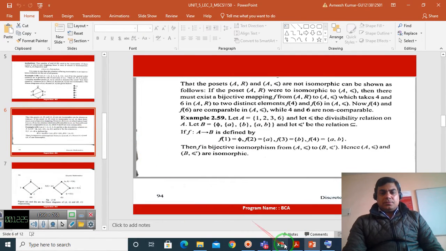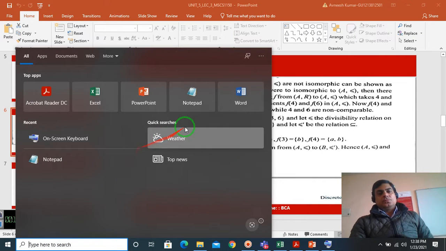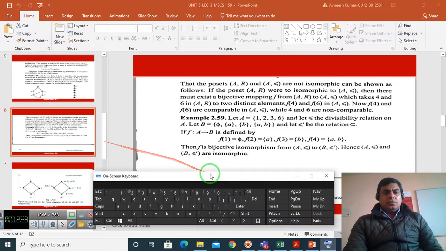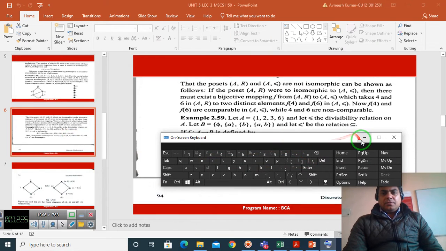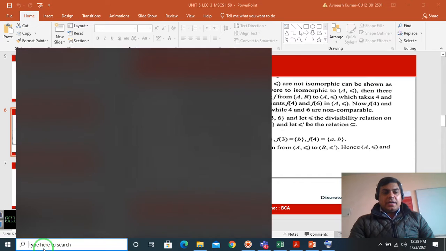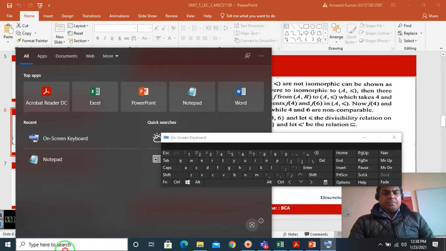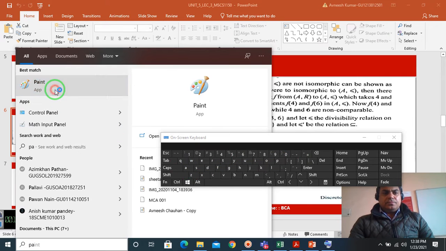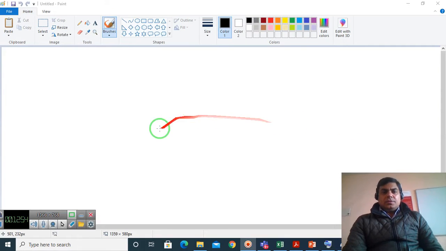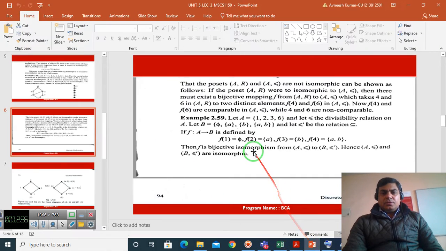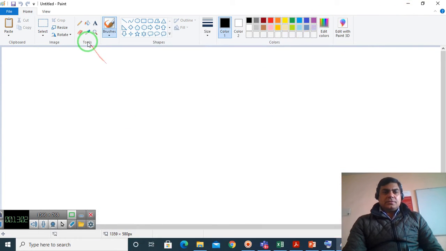We can explain this using Paint. For example, how can we make the Hasse diagram of this? This should open Paint. We have the set 1, 2, 3, 6. So we can make it like this: